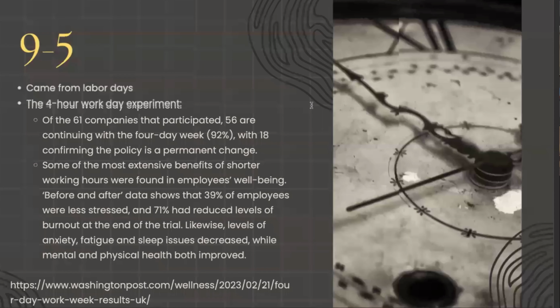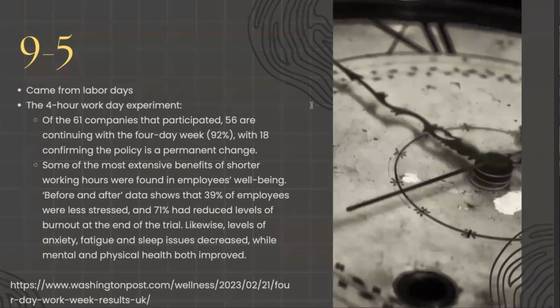Okay. So the 9 to 5. Let's talk about this. This comes from the labor days, right? There was actually a 4 day work week experiment, and out of the 61 companies that participated, and here's a link if you guys are curious,